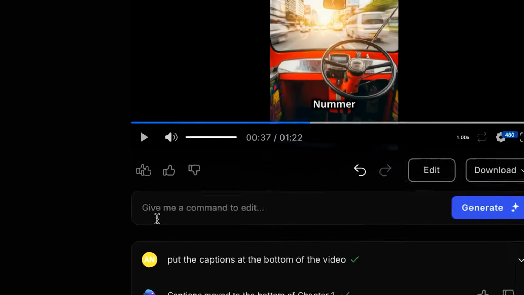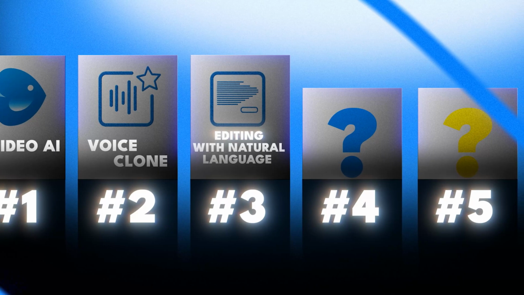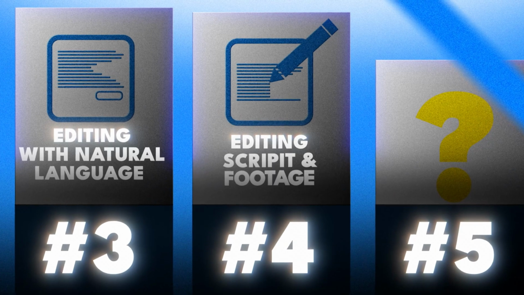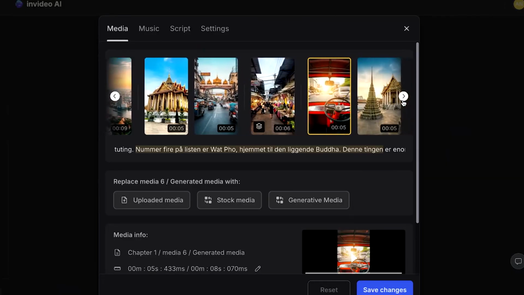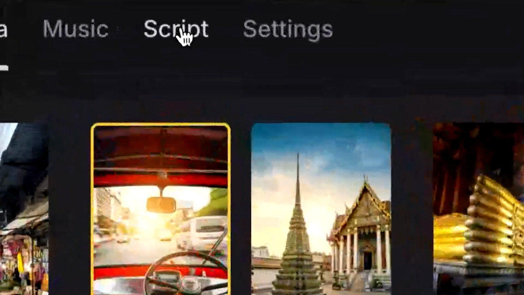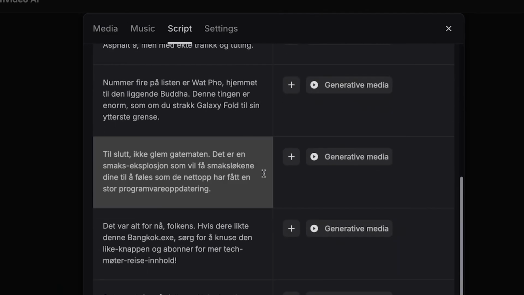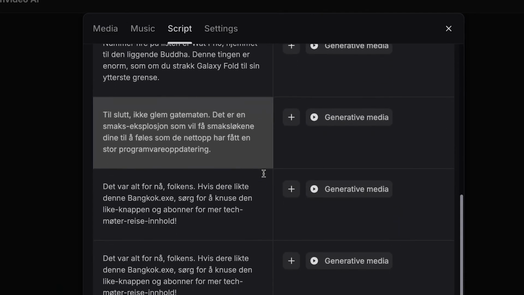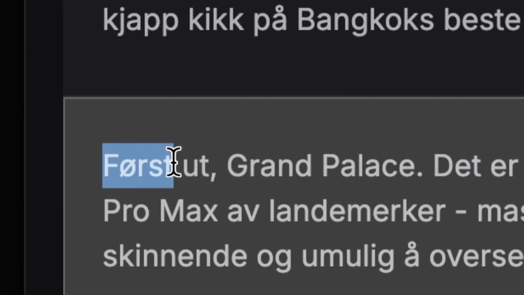It's in Danish. There's a lot more you can edit with natural language, but if you want to change the script or the media inside, we can click on the edit button. In the top, you'll see all the footage that we have in this video. And if we click on script, you can see the entire script and how long that will be matched with a generated media. If you want to change anything, for example, this one says first, and if you want that